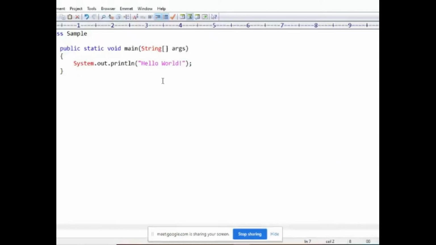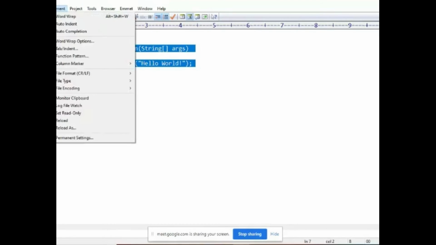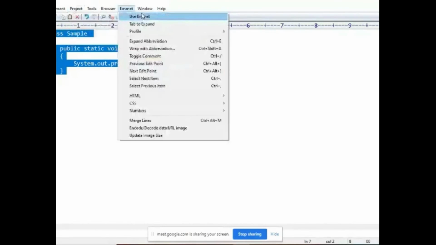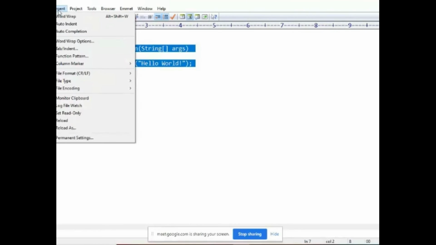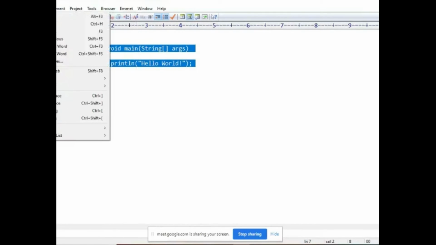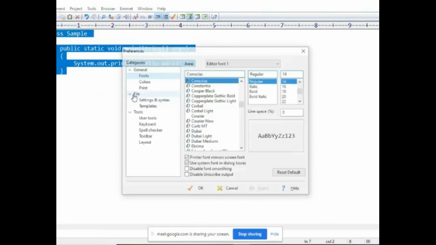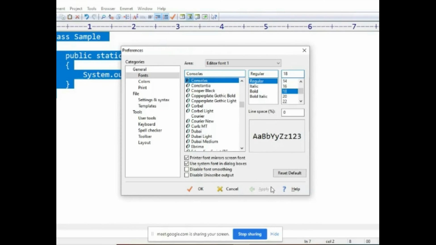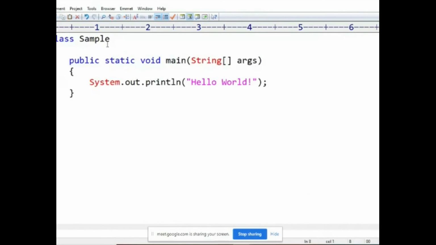Are you fine with the font on the screen? Okay, I'll increase the font.